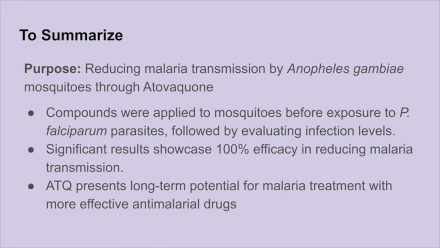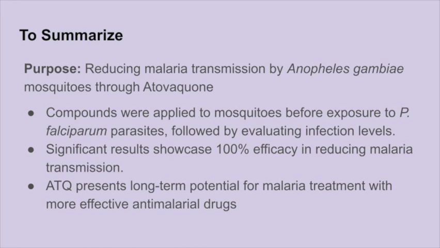To reiterate, the main experiment was conducted by the authors to assess the impact of Atovaquone on transmission of Plasmodium falciparum parasites through Anopheles gambiae mosquitoes. The statistically significant results collected throughout the experiment demonstrate ATQ's potential to effectively reduce malaria transmission. Mathematical modeling supports the incorporation of these compounds into bed nets for enhanced efficacy. ATQ induced full inhibition of P. falciparum infection, meaning that there is 100% protection against infection on the same day of exposure.